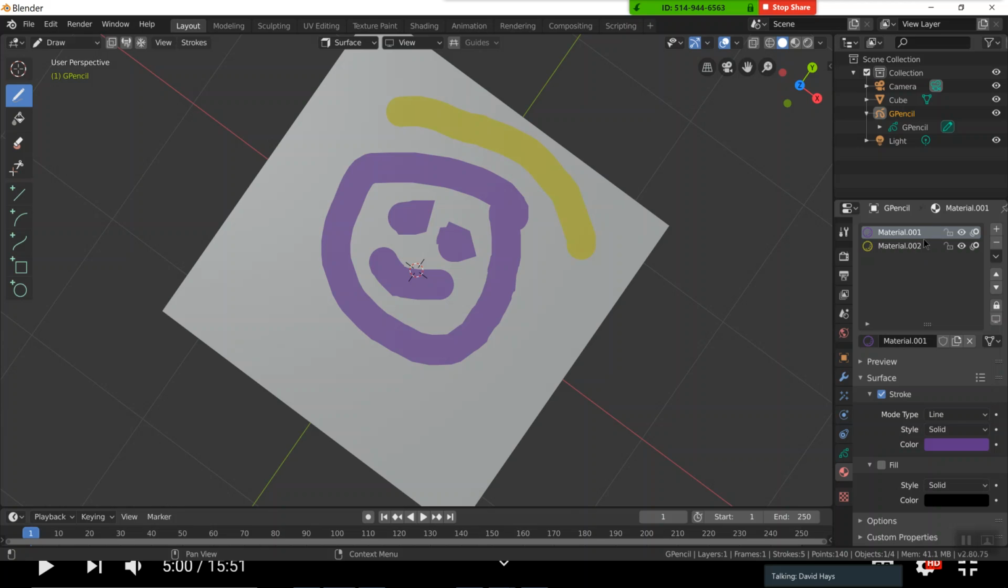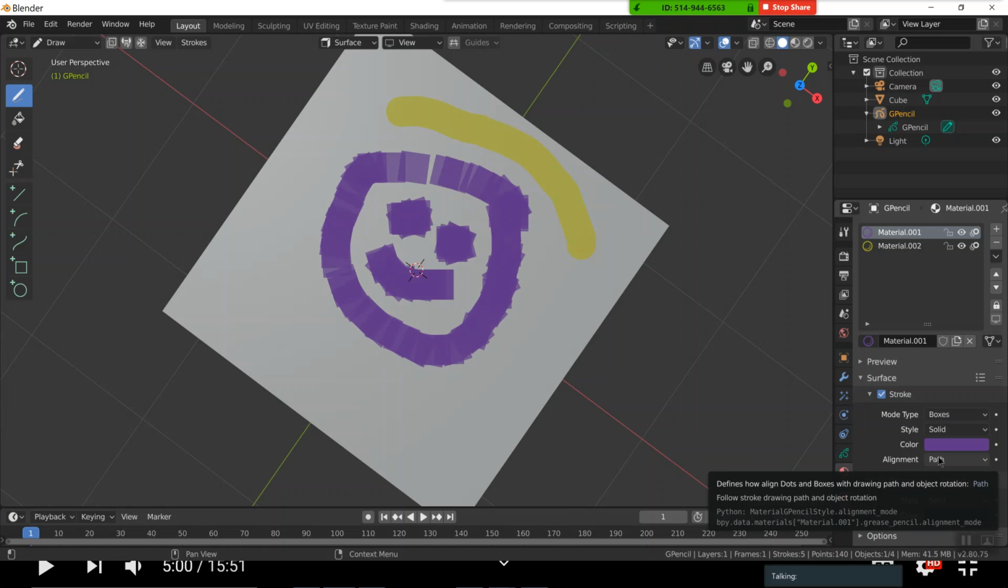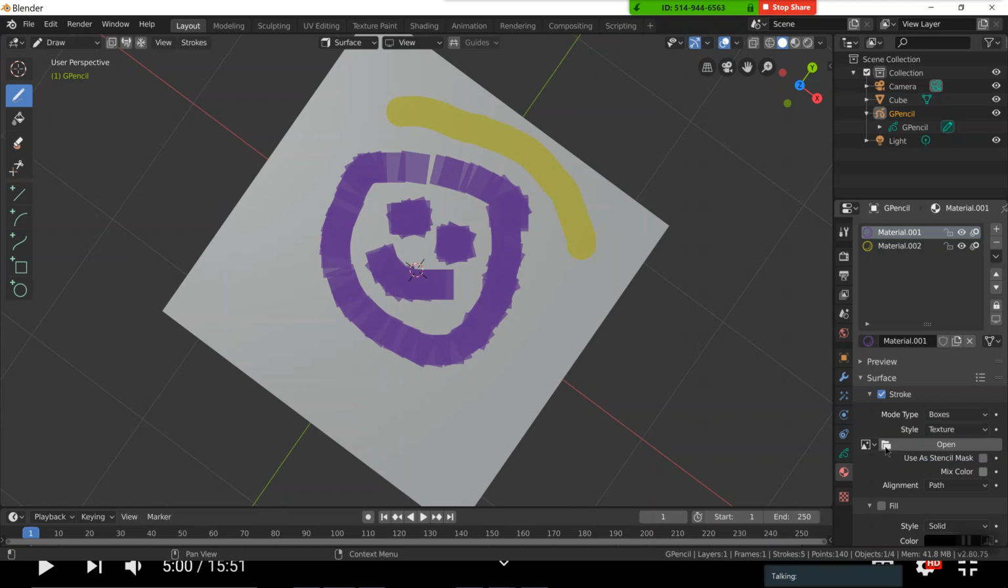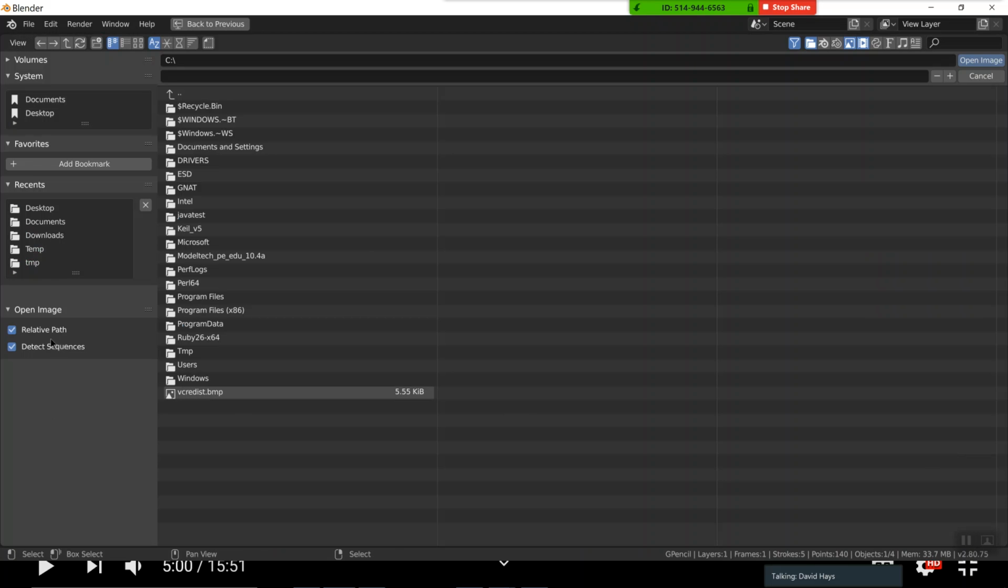So you create as many material blocks as you need based upon the different colors and so forth, different styles. So there's dots instead of lines. It's drawing both boxes. Now if you choose texture and then you click open,